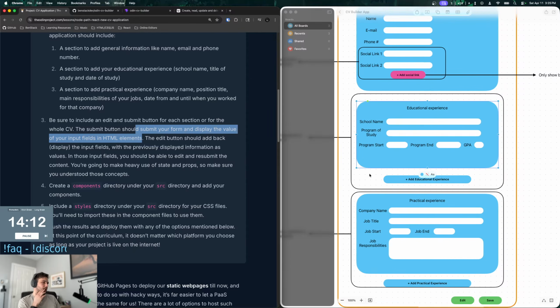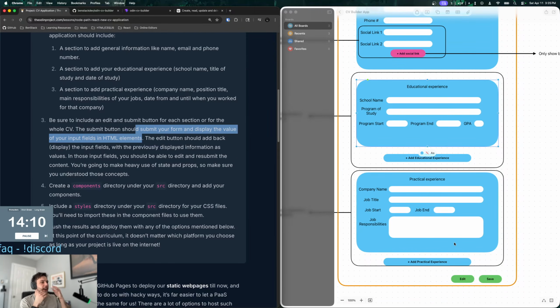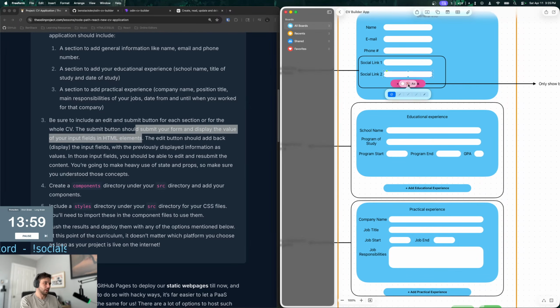I think it makes more sense to have it because you're editing the entire thing, and then you are having it rendered out as a cohesive HTML, right? So what I'm actually going to do is a delete. Something like this.